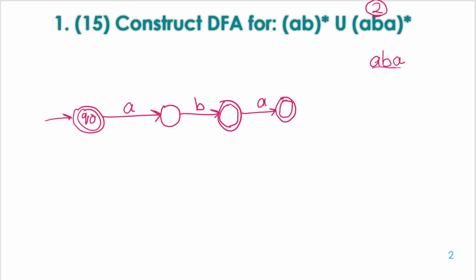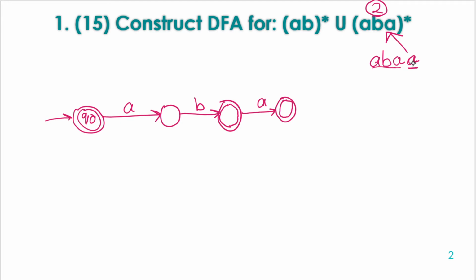Now coming to the fourth symbol. If we get the fourth symbol as A, that means we are on the track of the second pattern. The fourth symbol is a differentiator here, so be careful about this. From the fourth symbol we can judge the path we are going on, so we can track the path for the first pattern or for the second pattern.